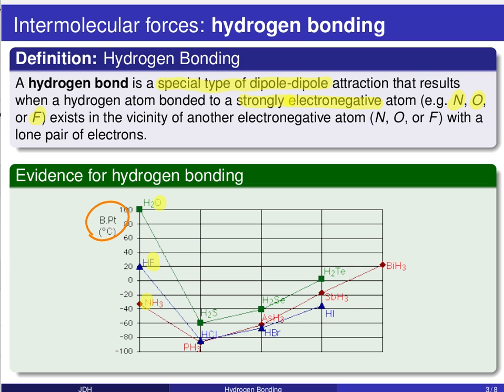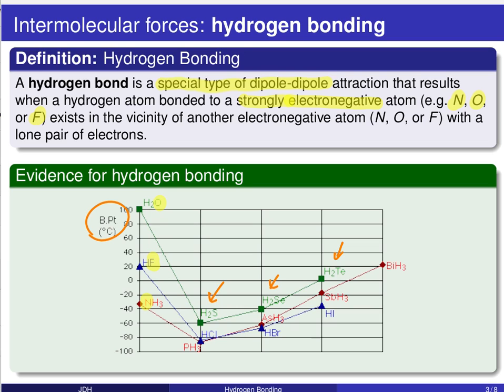And what we're looking at here is a variety of different halides that have similar geometries to one of these oxygen, fluorine, or nitrogen containing compounds. So for example, we could go across the periodic table and look at water, H2O, hydrogen sulfide, H2S, H2Se, H2Te,